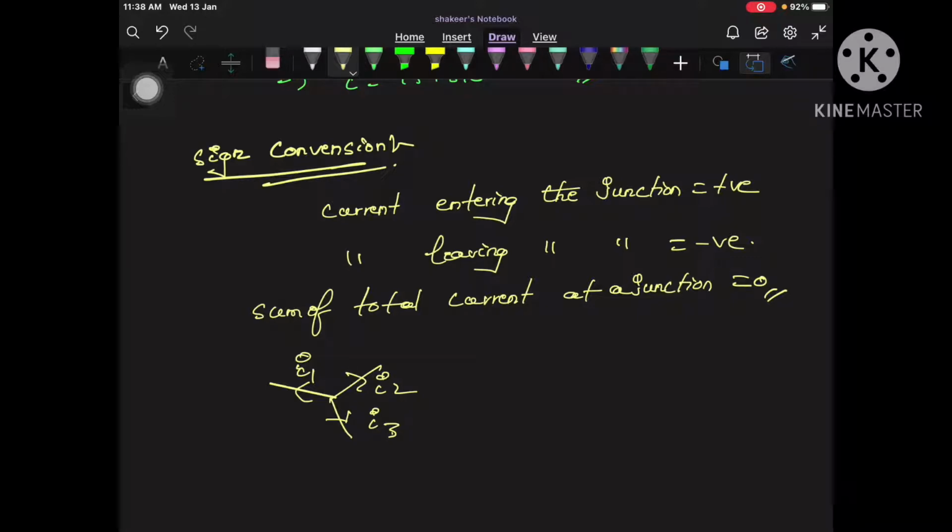So we are assuming that a total current is leaving the junction here. So I1 is also leaving, I2 is also leaving, I3 is also leaving. But actually out of them, some of the currents are entering and some of the currents are leaving. Which current is entering and which current is leaving, for example, if I don't know. So therefore what I can do, I can say that just sum of all currents